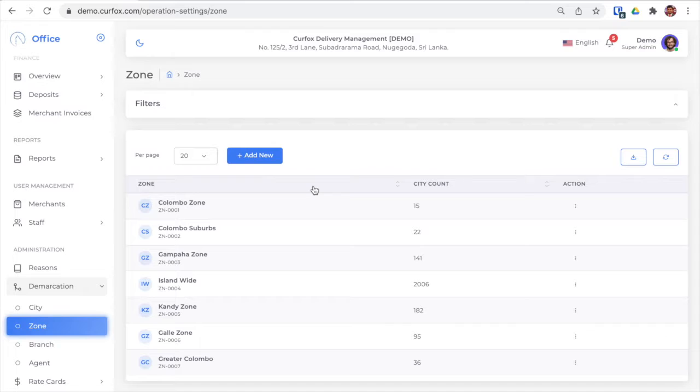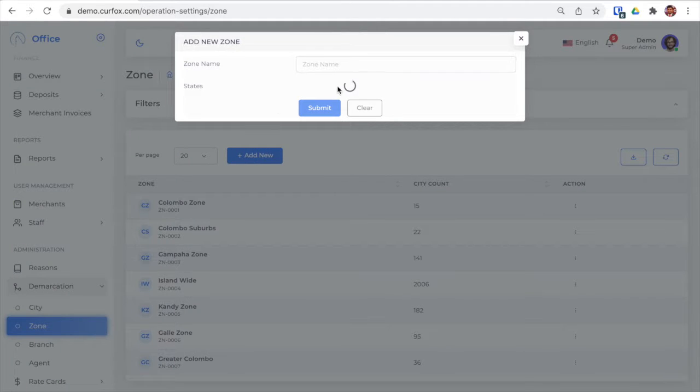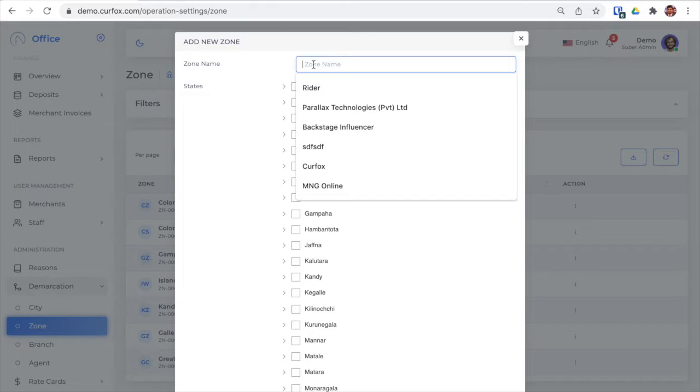After adding the cities, you can create your own zones to create the rate cards. First you have to create a zone by selecting the list of cities. First you have to go to admin. You can enter a name for the zone. Let's say it's the zone